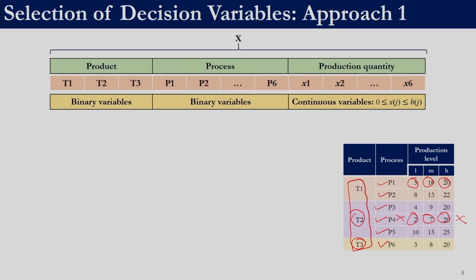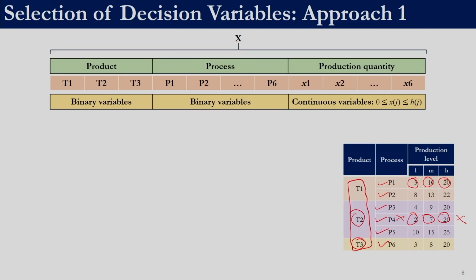If we decide not to produce a product, that is fine. So there is no compulsion that we need to produce a product. So the production quantity can be 0, but it cannot be greater than 0 but less than 2. One way to approach this problem is to define 3 binary variables, indicating whether a product is produced or not. So whether T1 is produced or not, this is a decision variable. So any of the meta heuristic techniques that we discussed will be required to give us the values. So it has to give either 0 or 1. So this is the first section.